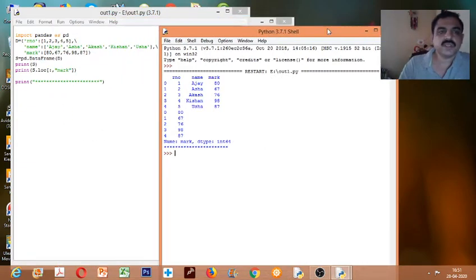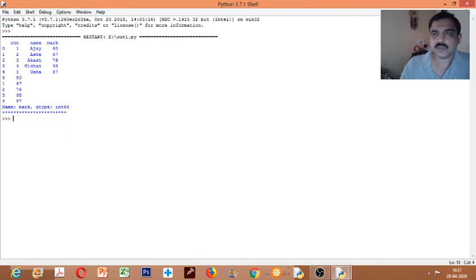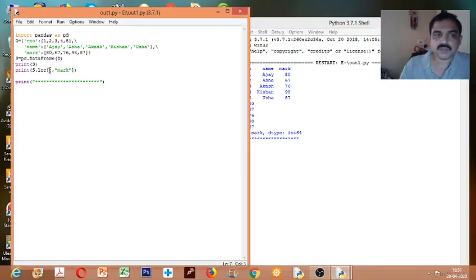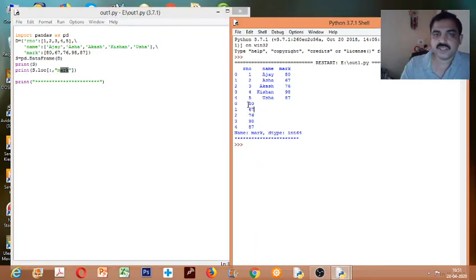You can see the output here. The data frame is displayed here. Then s.loc with space colon space, that means all the rows I want, from beginning to ending. So I can specify like this, but I want only the mark column, so I can just write mark here, so I can get only the mark column.